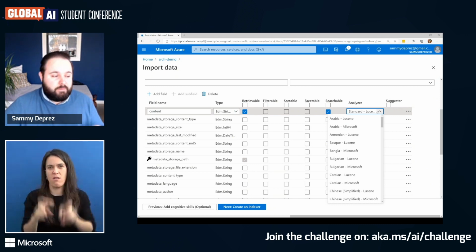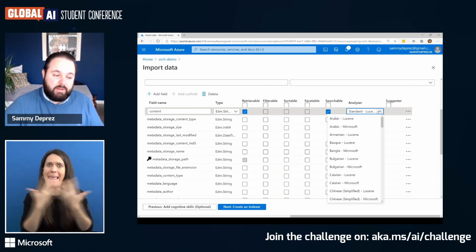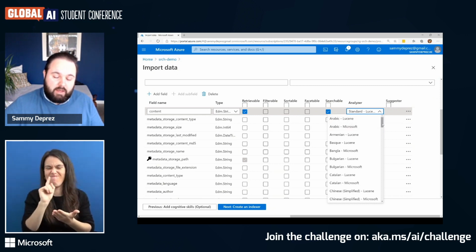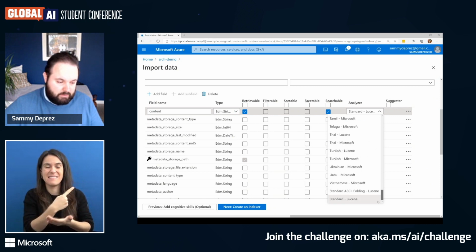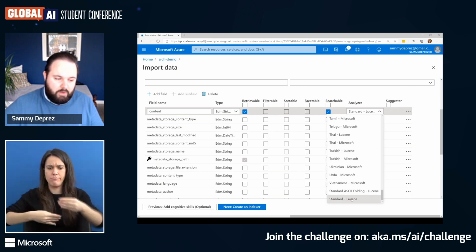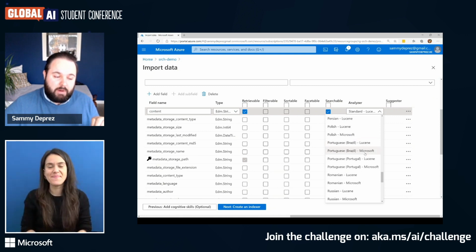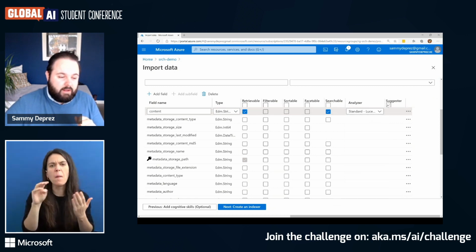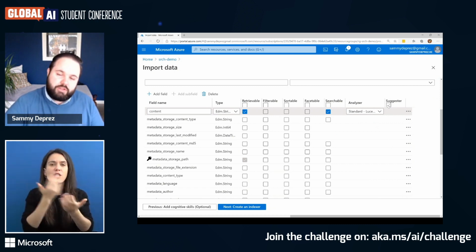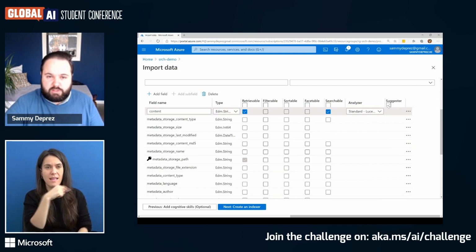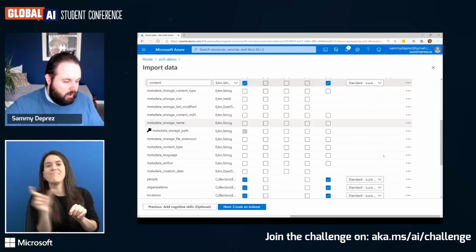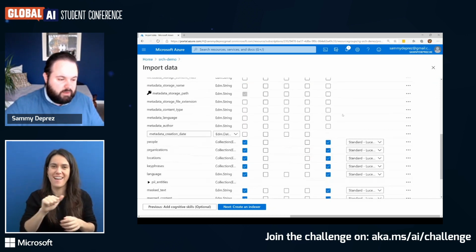If you want to have many different languages within one field, then I wouldn't advise you to use any of the language-based analyzers, but you also have, I think it's on the bottom, the standard ones. In my opinion, you see each time Lucene and Microsoft. I prefer the Microsoft analyzers, they're quite good. And then the last one you see here at the end is a suggestion mode, and that's when you want to do an auto suggest within your search field. So when you start typing the first 3 characters of a word, it will give you a list, for example, of people.